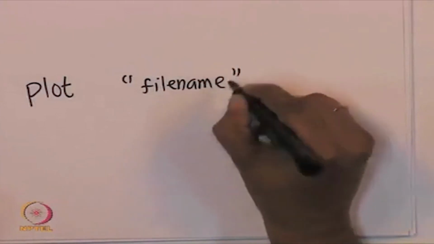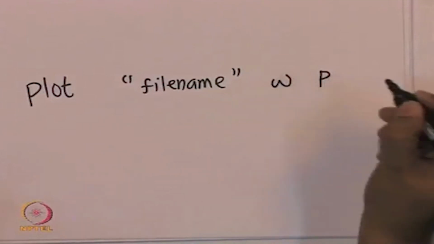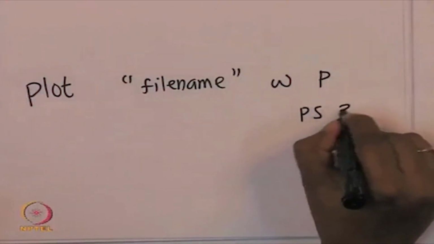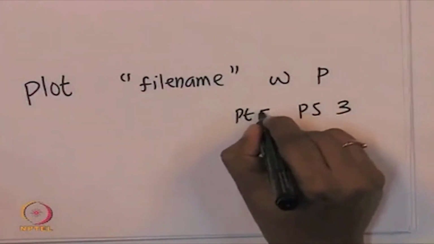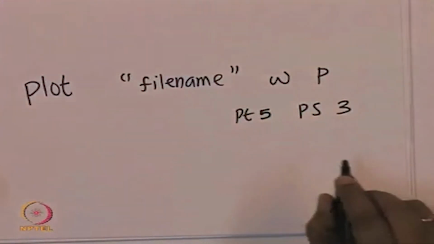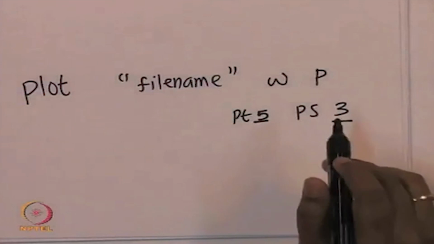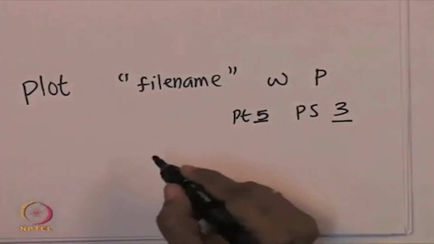So, whatever the file name with extension you can say, and you can say with points and specify point size 3 and you can even specify point type 1, 2, 3, 4, 5. There are various numbers. So, you can change this number 1, 2, 3, 4, 5 and you can play around with. Then you can also plot